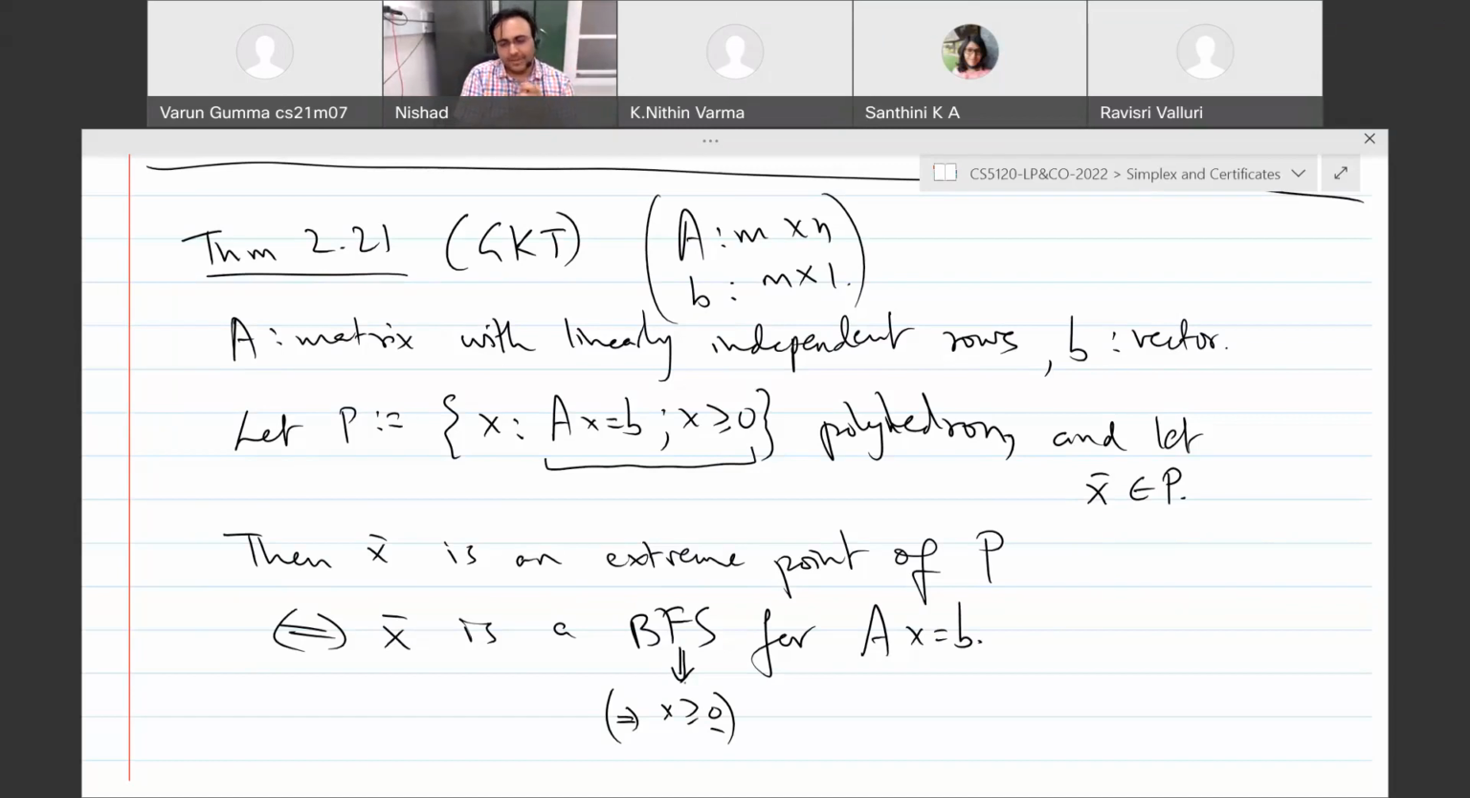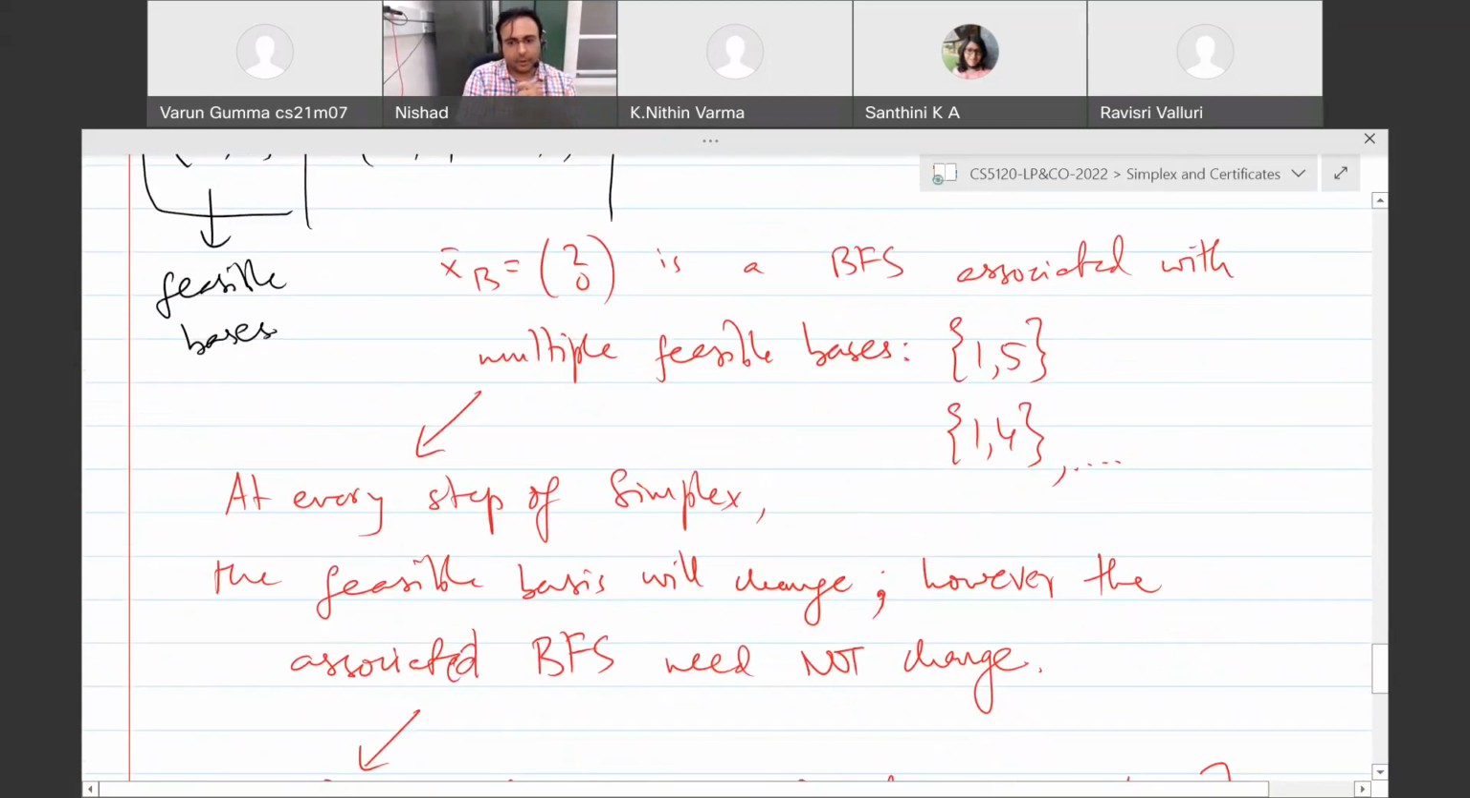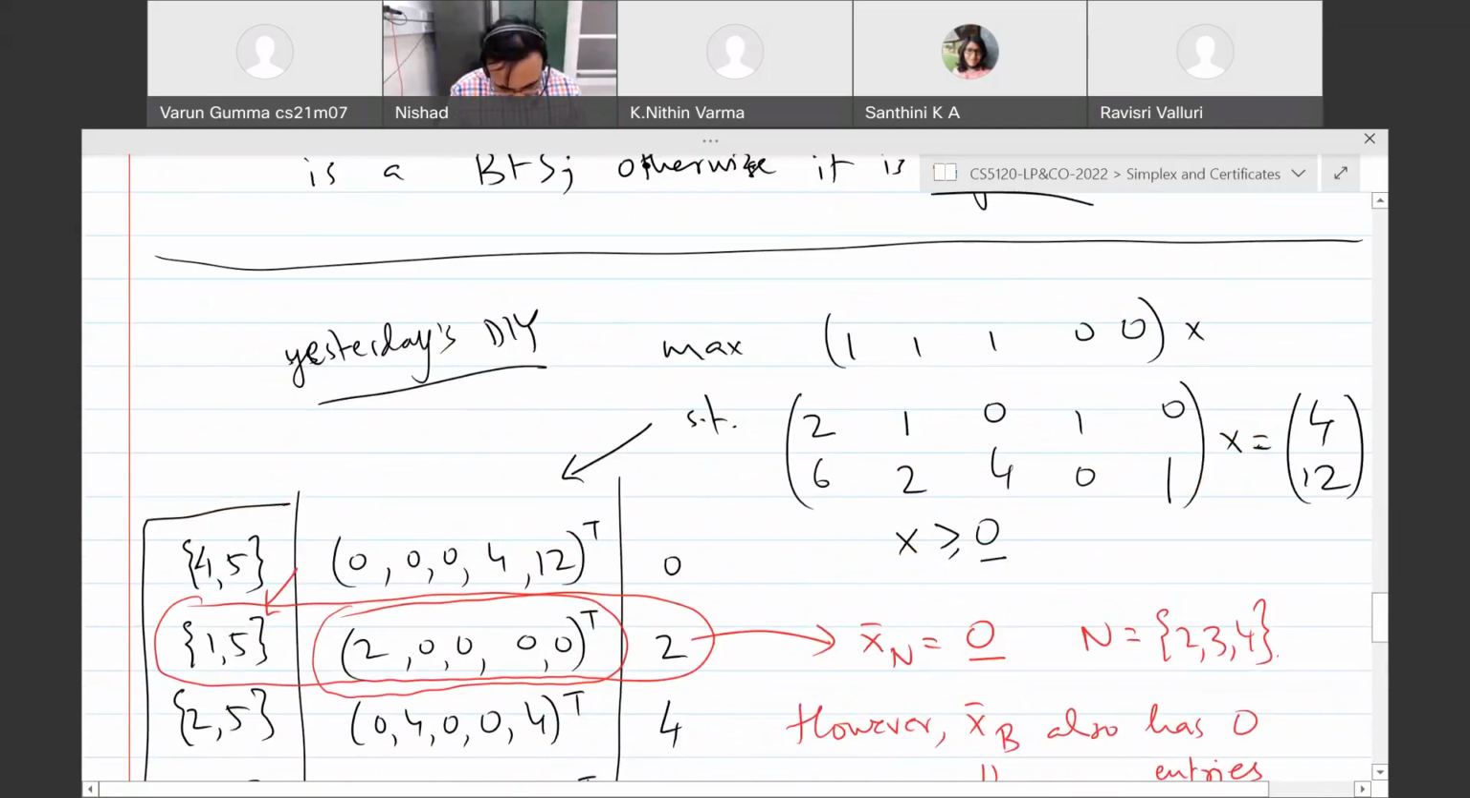In yesterday's do-it-yourself problem, we mentioned following a rule. Whenever you have a tie between two entering variables, let's say two different variables can enter, or two different variables can leave, you choose the one with the lowest index. For example, if you look at this,